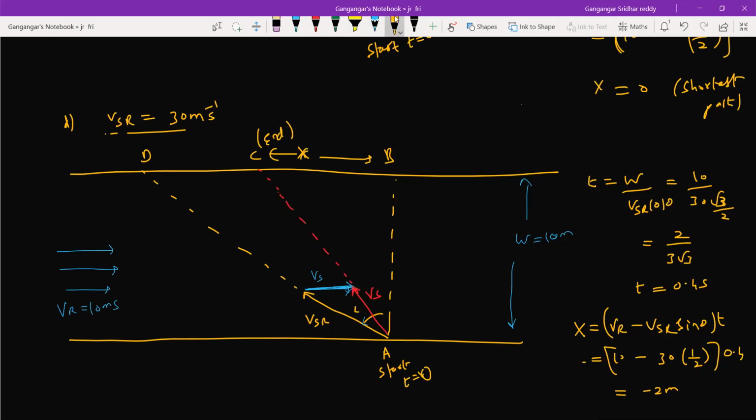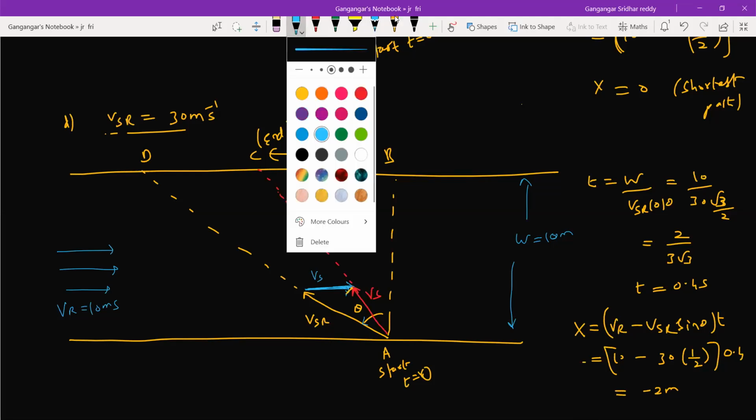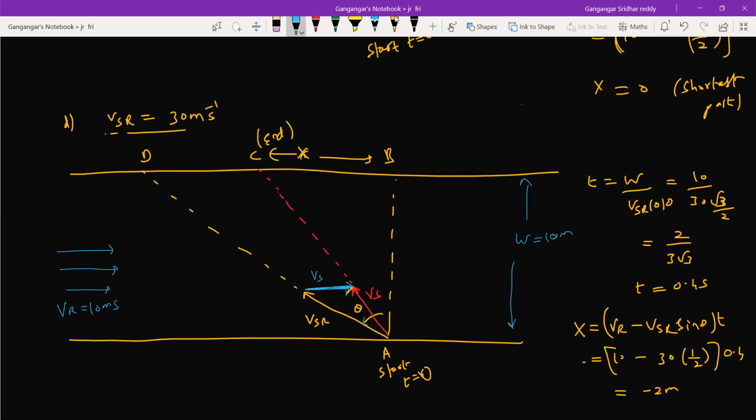So rowing the boat up the stream is what you have. You will get advantage. You can control the drift by varying the VSR. There's a problem I took by adjusting the values of VSR. You can control also the theta. Here I took theta to be fixed, VR fixed here. VSR is what is varying. By varying VSR, yes, we can control the drift here.